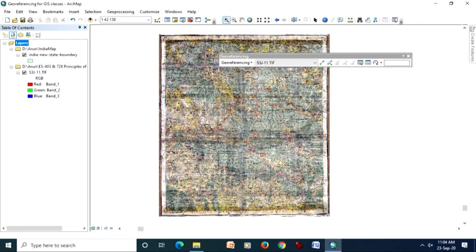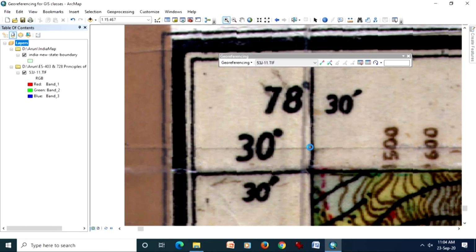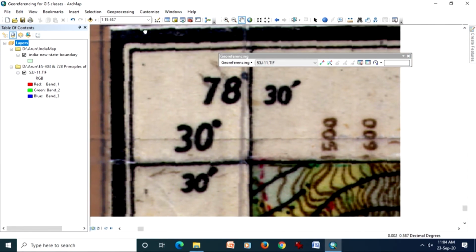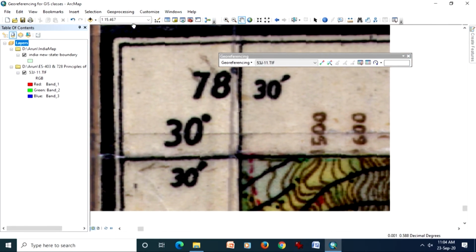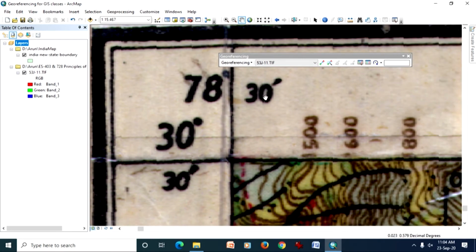For that I will zoom in so that I can read these values, and also clearly see this cross of longitude and latitude.